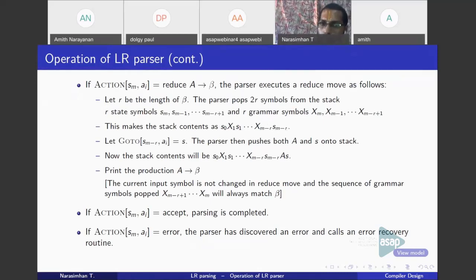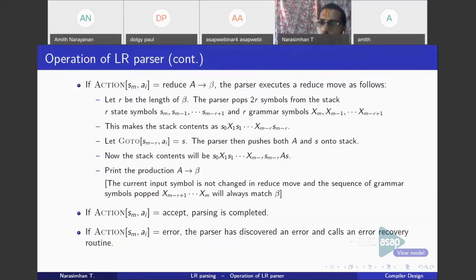Now you need to find the go to for the combination S M minus R, the current stack top symbol, and AI, the current input symbol. Assume that the go to table gives the entry S, where S is some state.